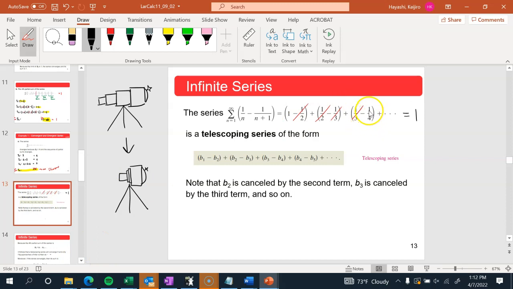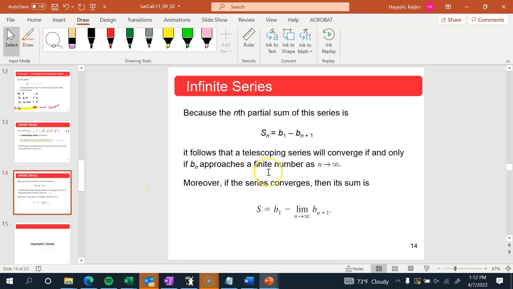Of course, for that to happen, this part that is there at the end has to eventually shrink to 0. I guess it doesn't have to shrink to 0. The part that's left over at the end has to converge to a finite number. Maybe it converges to 0, like it did for the one that we saw. Maybe it converges to 1, but as long as it converges to something finite,